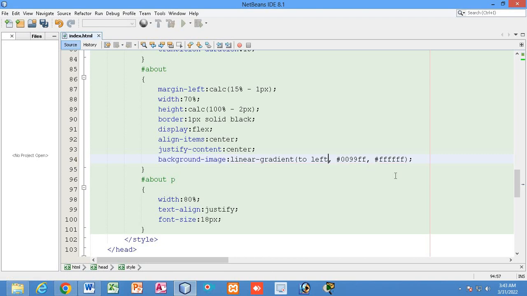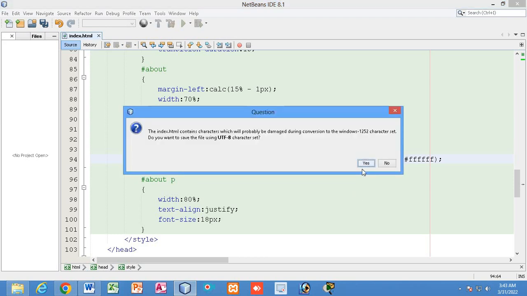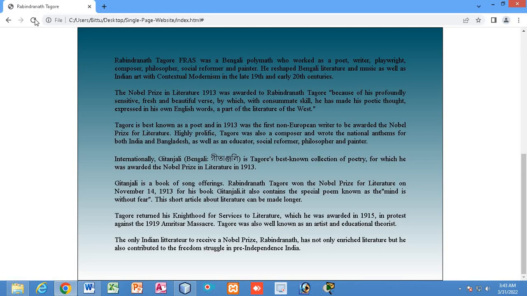To left, that is to left. This is the direction, to left. Okay, to left bottom. So how will it look? Let me show you.